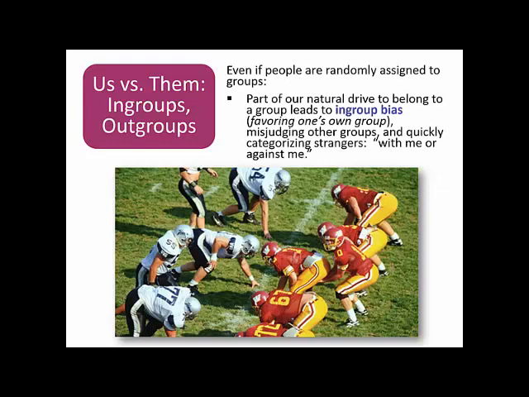So one way that we perceive other people is in an in-group and out-group way, us versus them. And so even if people are randomly assigned to groups, so if I was to take you and randomly assign you to group A or group B, part of our natural drive is to feel a belonging to our own group, so an in-group bias, and therefore we misjudge other groups and quickly categorize them as you're either with me or you're against me. And you've probably seen this, and they give the example of football teams, but you know,